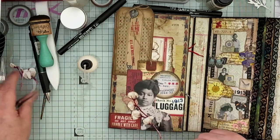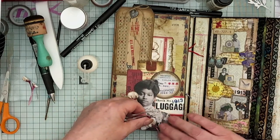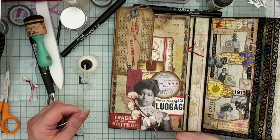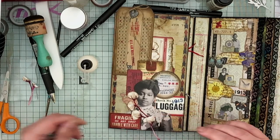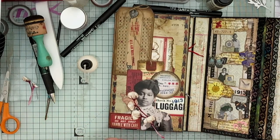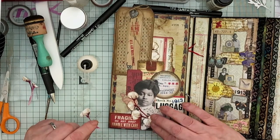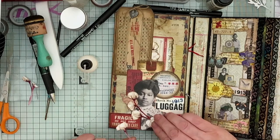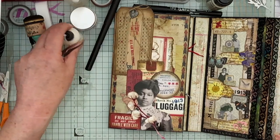That might look quite nice there. Or I've got the larger one. So it's that one or that one. Or none. No, I think it needs one. But the question is, is it that one or is it that one? Oh my goodness, I can't even decide. This one, I'm going for this one. Right, so I'm going to have to